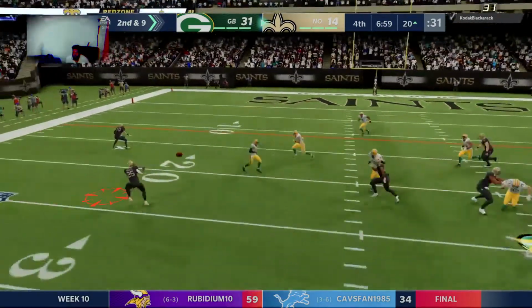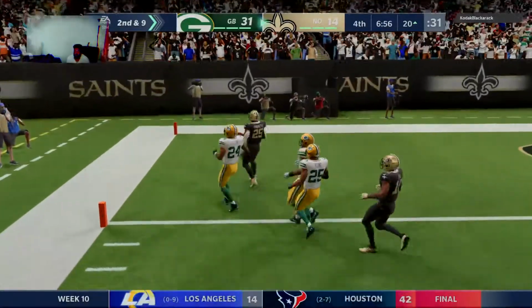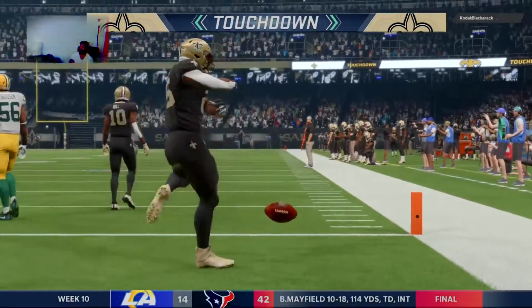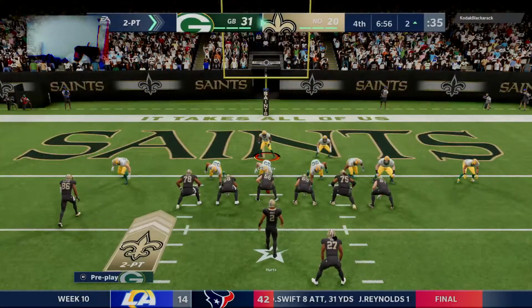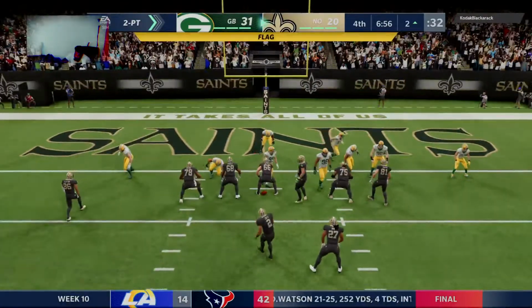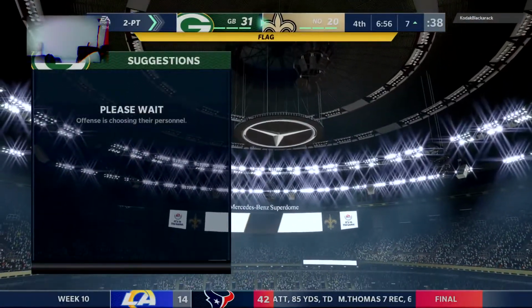On 2nd down, here's a keeper by the QB. The quick throw completed with flat out left. And he is into the end zone. Touchdown, New Orleans. Leonard Fournette, his 3rd touchdown now on the year. And the Saints make some inroads here to that deficit. That's going to set him back